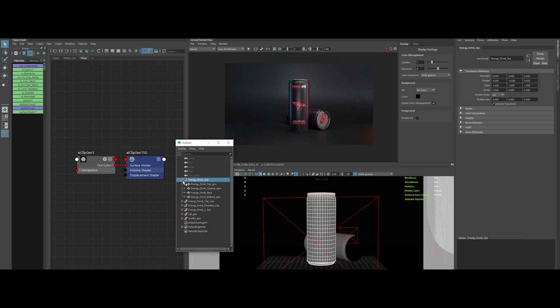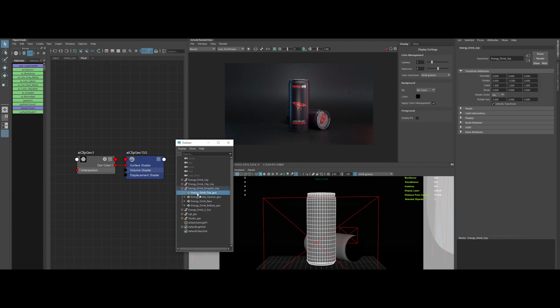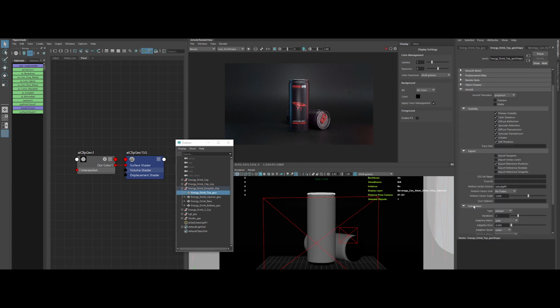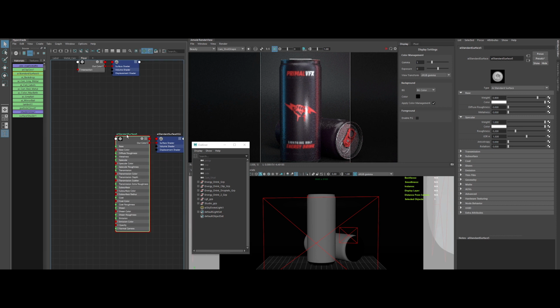Okay, then get back to the first group, and on every geo contained in the group, go to the Shape tab in the Attribute Editor and insert our Clip It name into the trace set input. Okay, done. Now let's increase our surface subdivision on every geometries in the third group, the one for the droplets. As we will use displacement, we need a bit more tessellation to work correctly. Okay, good. Now let's create a new Arnold shader for our droplets.